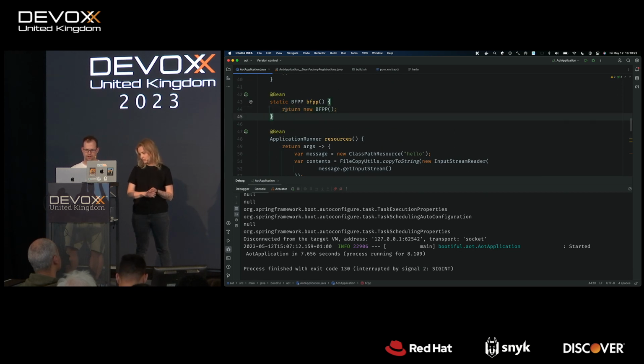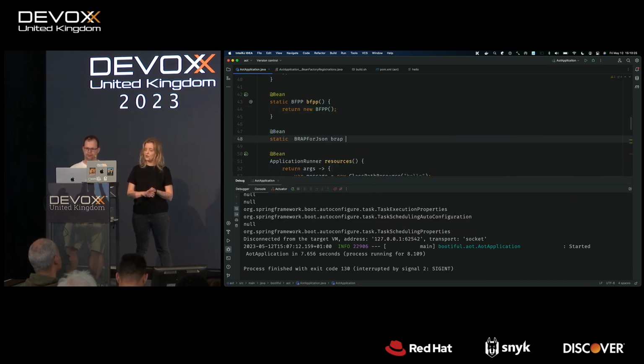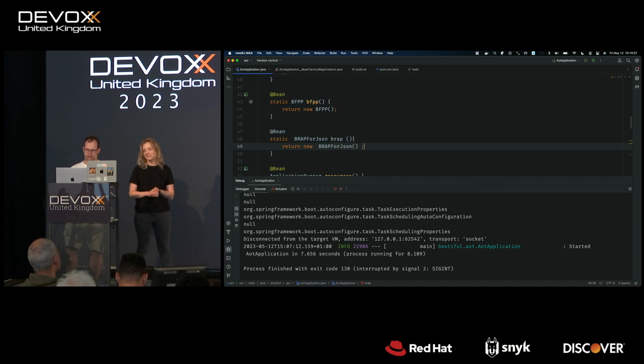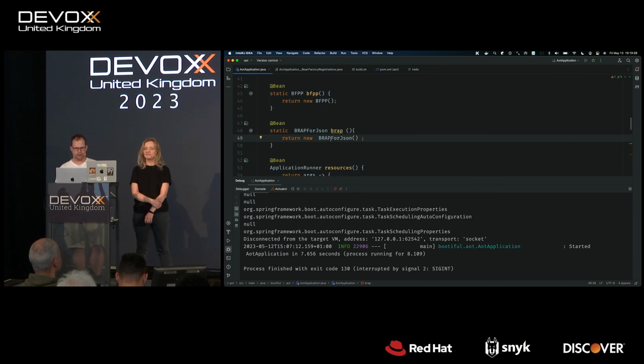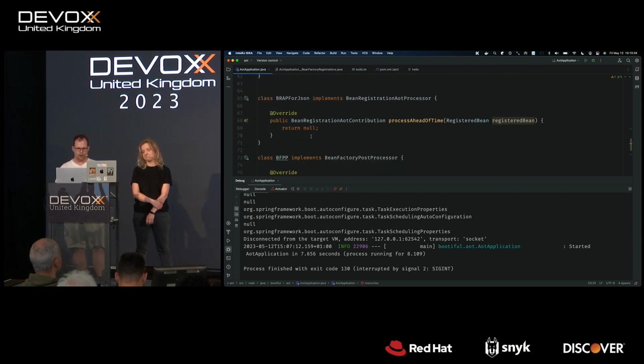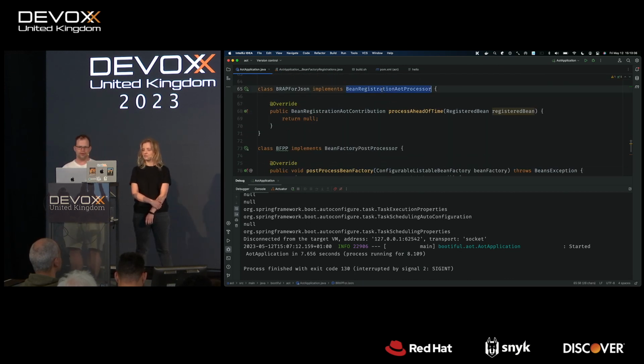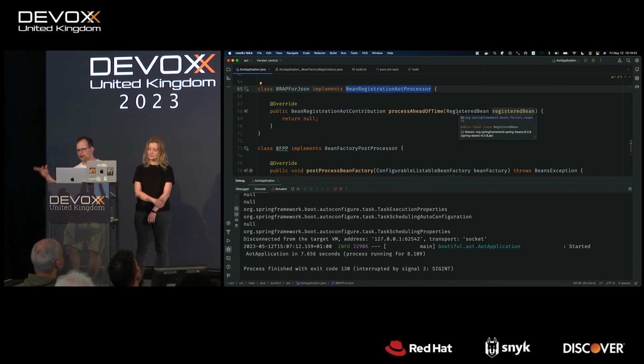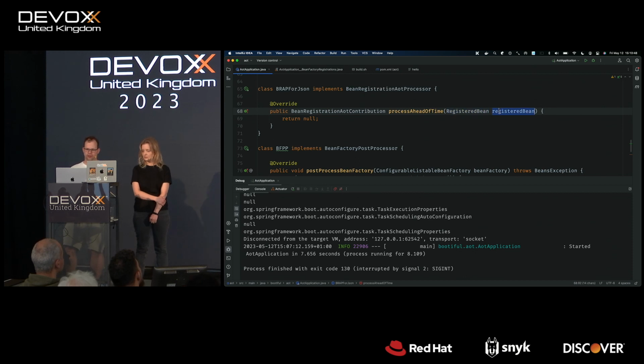Right. But I mean, you could, for fun. Okay. So there it is. We're just going to call this BRAP1 because I'm famously great with names. So what I'm going to do is I've got this new component that gets involved only at compile time, when we have started the bean factory and we've got these bean definitions, but we do not initialize all the objects, right? We just have the bean graph. And here you get a pointer to all the beans. If you have 500 beans in the code base, this method gets called 500 times, and you get a reference to this registered bean. Okay?